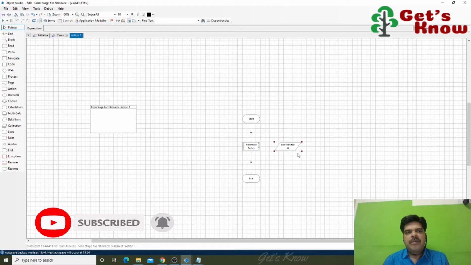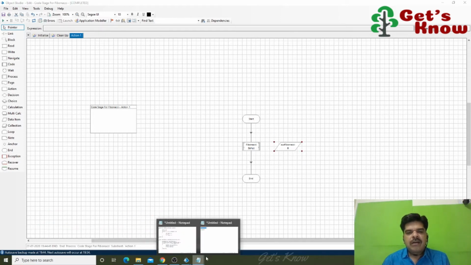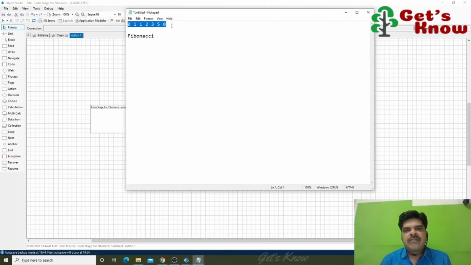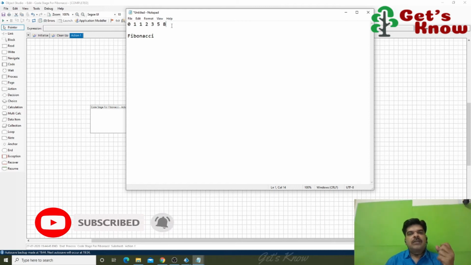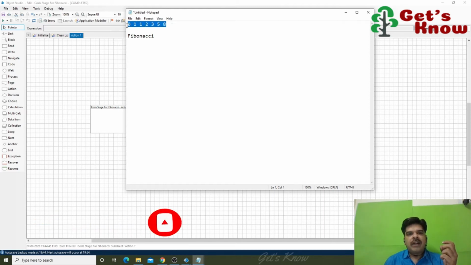Here I need one more requirement. The Fibonacci series values, what values is it using internally? Those values I want to store in a collection. We know that if you have multiple values in Blue Prism, where can we store those multiple values? Using the collection we can store multiple values. So all the values used internally for the Fibonacci series calculation, I want to store in the collection. See how we can store these values into the collection.